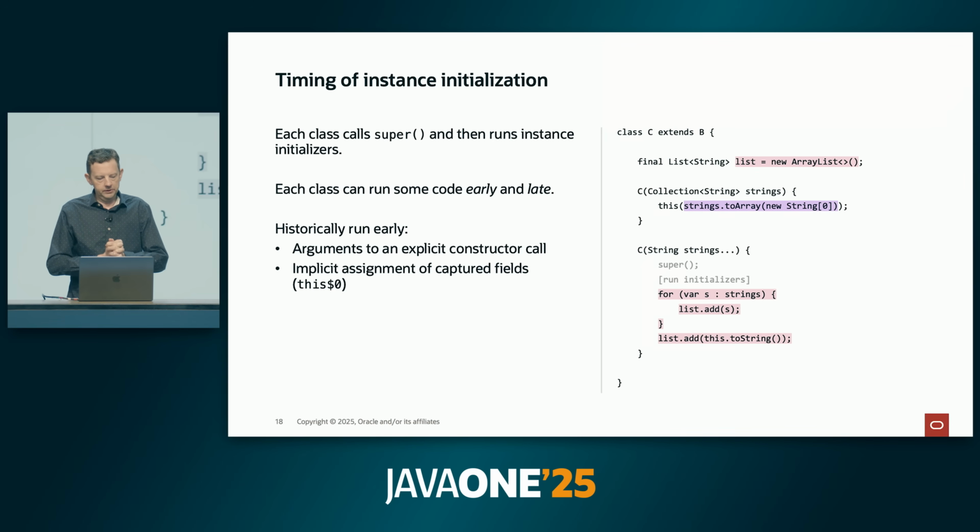That runs early. There's also, when you capture things, setting up the fields of your captures, that's something that runs early in the purple phase as well. After we get back from a constructor call, then we run all the late stuff. There's some implicit code that happens during construction. So a lot of times you don't think about this kind of fine-grained detail. It just happens. But in my second constructor, the first thing that happens is an implicit super call, hands off to the super constructor to do whatever it needs to do, then it comes back. Second thing that happens is we run initializers. So that would be the list initialization. And then after that, whatever else is in the constructor runs.